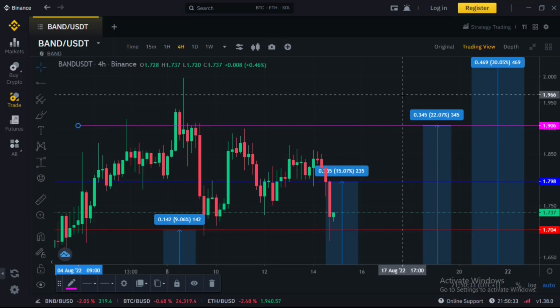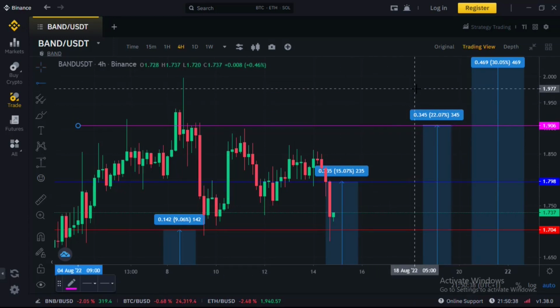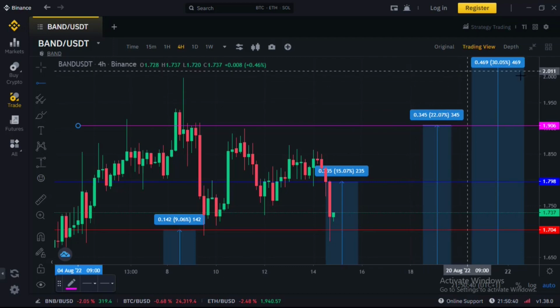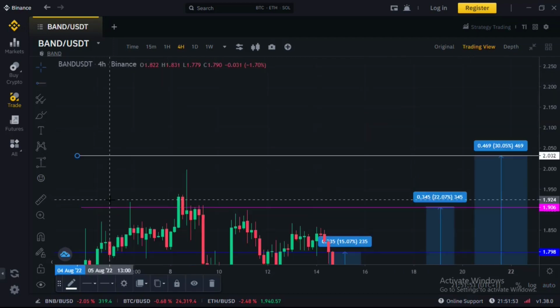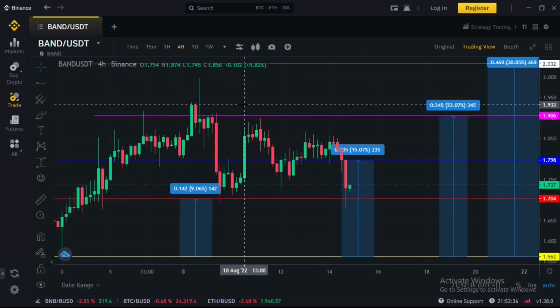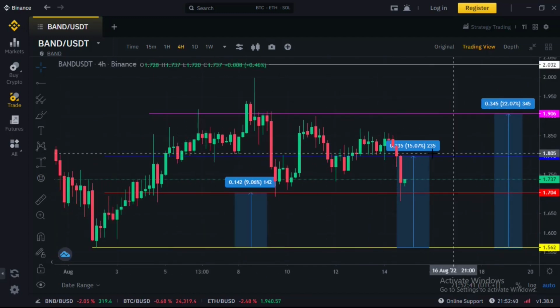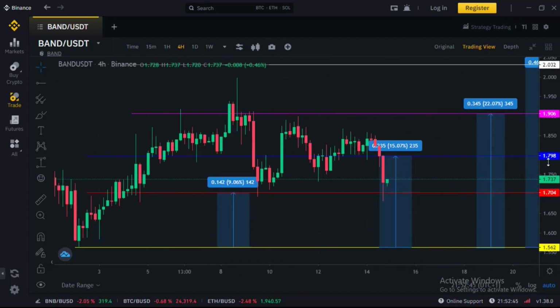$1.906. And next up, for you to get your take profit price at a 2-to-1 profit loss ratio, you have to measure 30%. And then use the white horizontal line to indicate your take profit price, which is $2.032. So as you can see on the candlestick price chart data, your entry price is at 15%, which is